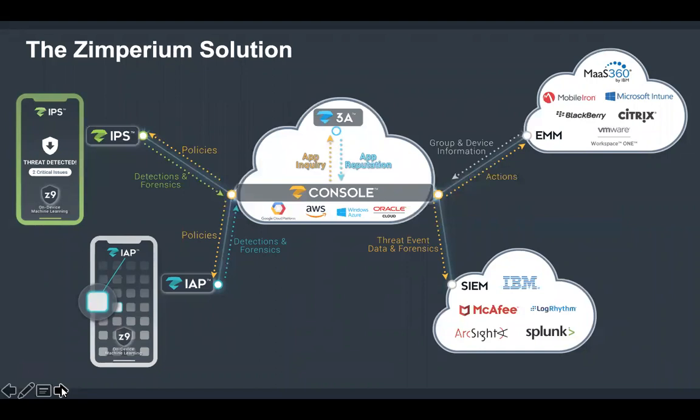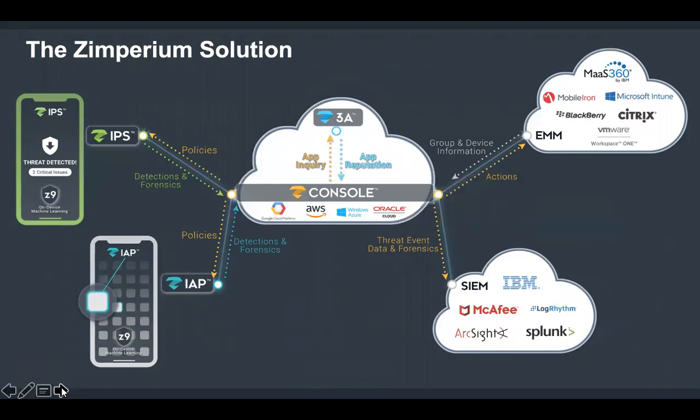That is advanced app analysis. There are malicious apps, which are automatically detected by Z9, but then there are leaky or risky apps, apps in your environment that... mobile apps are basically Legos. You click them together and you put them out. When developers are behind, they run out and grab a library, grab an SDK, just throw it in. What they might not know is, even though it's a perfectly legitimate app, one of those libraries might be sending traffic to a foreign country. One of those might be putting things into plain text. One of those might be stripping SSL, whatever the case may be. Z3A will help you identify every single app and the security and privacy risks of those apps,